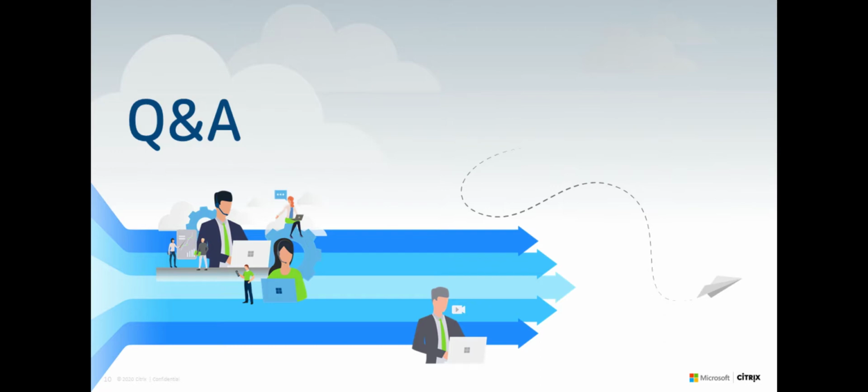Okay, so the first question I got, I'm going to avoid using the customer's names, but we have a question as far as where is HDX optimization in Mac and screen sharing in VDI Teams MSI installation. How's that? Okay. I phrased that right. I just took it word for word.